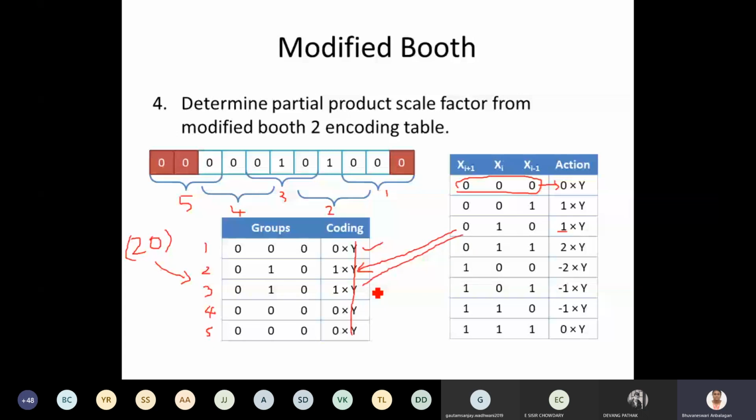What is the encoding value for 0, 0, 0? It is going to be 0 as it is. For 0, 0, 0, it is going to be 0, 0, 0. So like this, you are going to substitute, or for these groups, you are going to encode it like this. These 3 bits are going to be represented hereafter as 0 only, not 0, 0, 0. 0, 1, 0 is going to be represented as plus 1 here. 0, 0, 0 is going to be 0 like this.